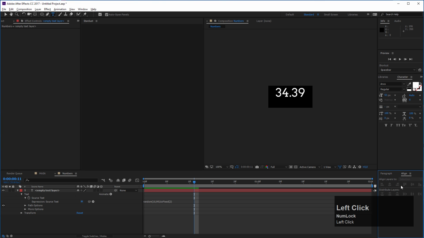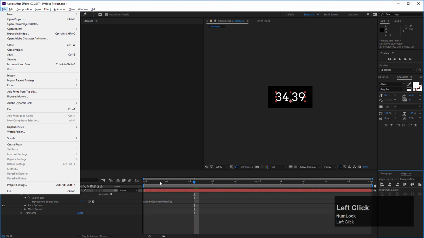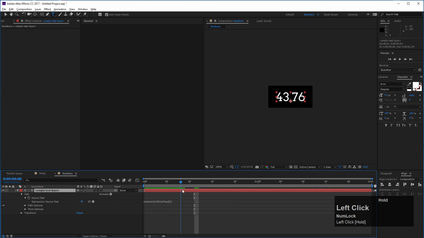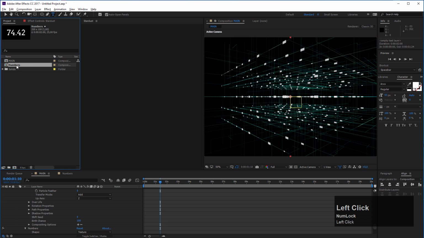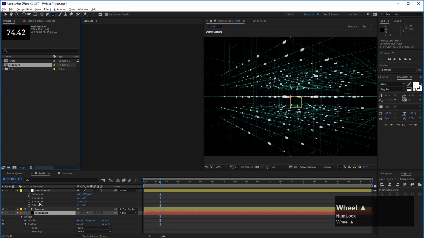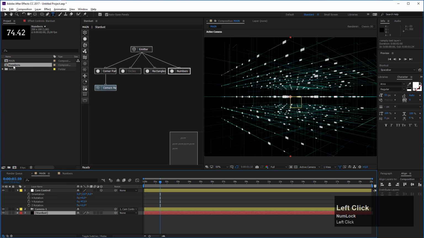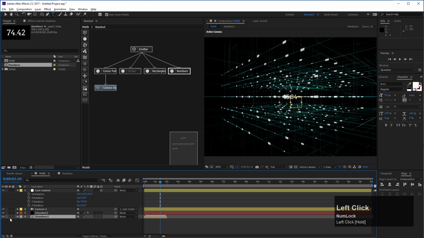So let's align these quickly. Select my thing here and my align window. I align these in the middle. And I think that this looks pretty good. Now let's go back to our main composition. And from the project window, I drag in my numbers. Let me close my Stardust layer for now and drag in the numbers just to the bottom of my comp